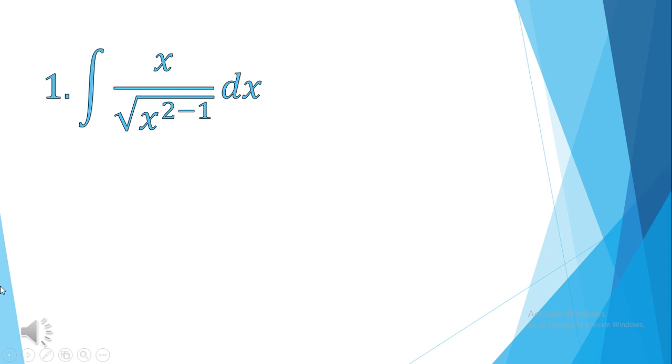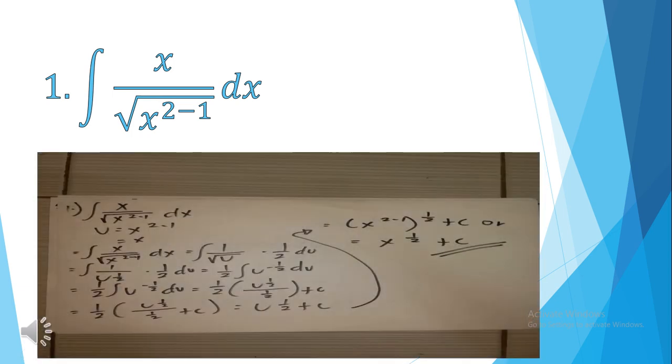Number 1. Integral of x all over the square root of x squared minus 1 dx. So our u is equal to x squared minus 1, because 2 minus 1 is equal to 1 and x already has an exponent of 1. So the integral of x over the square root of x squared minus 1 dx